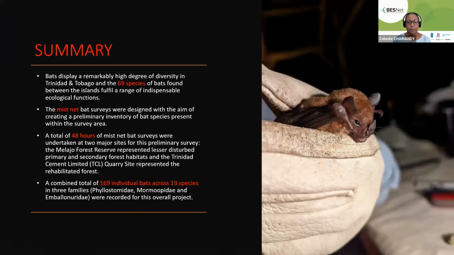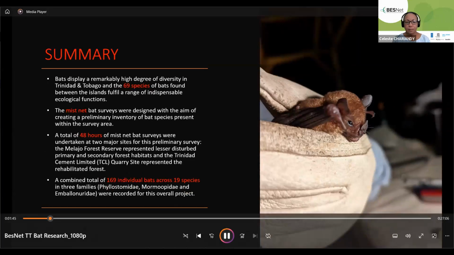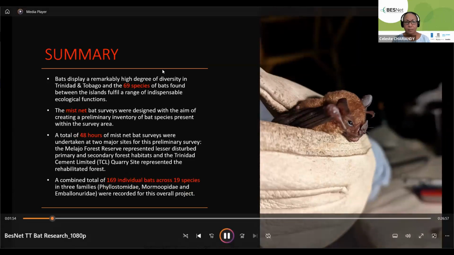Bats display a remarkably high degree of diversity in Trinidad and Tobago, and we have approximately 69 species of bats recorded on these islands. For this project, we used mist net surveys with the aim of creating a preliminary inventory of bat species present within the survey area.